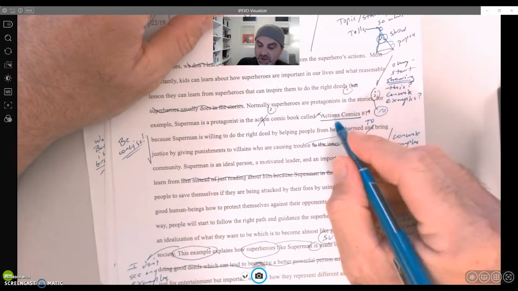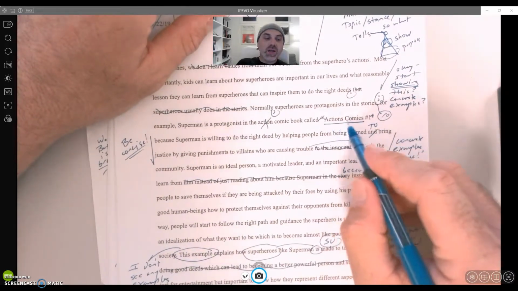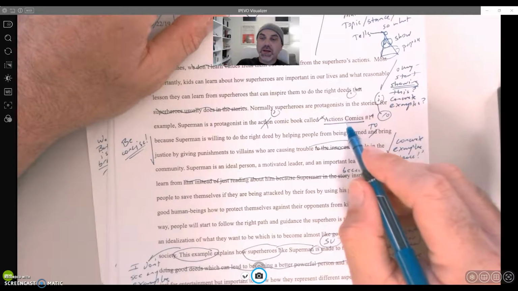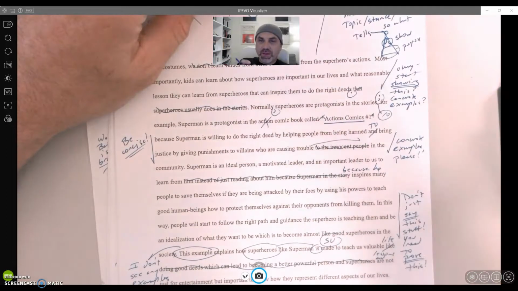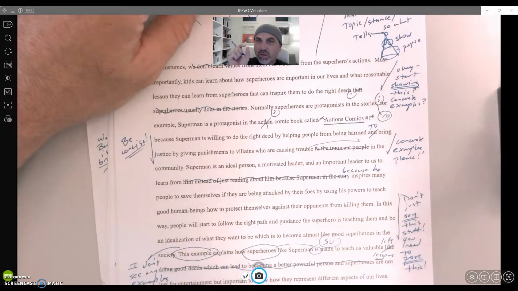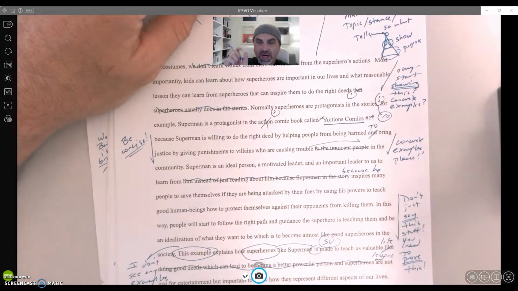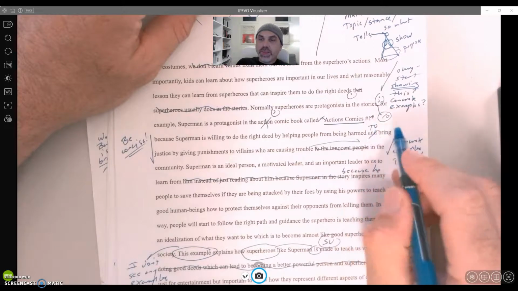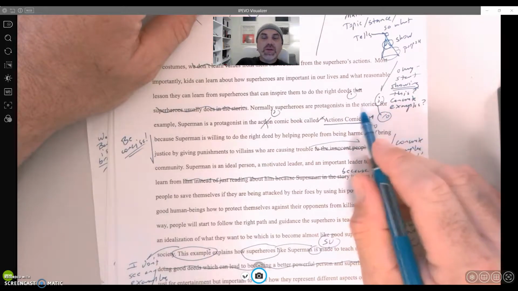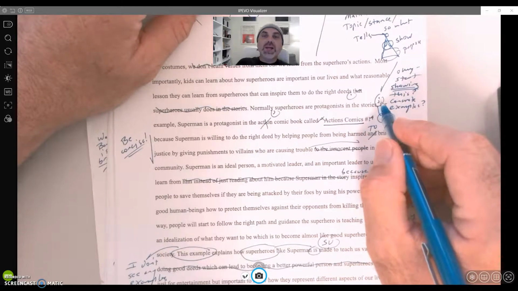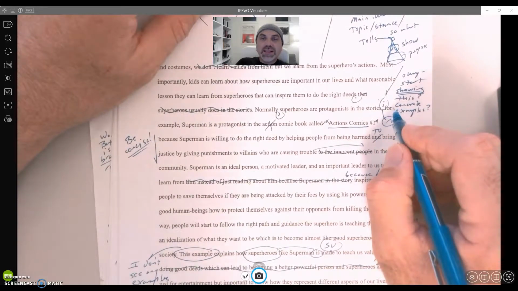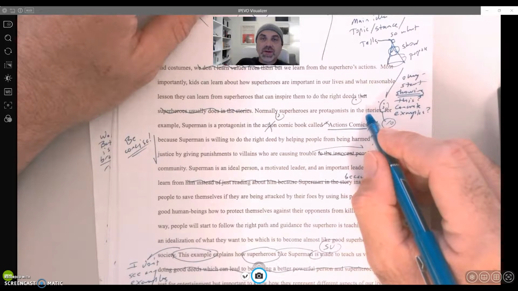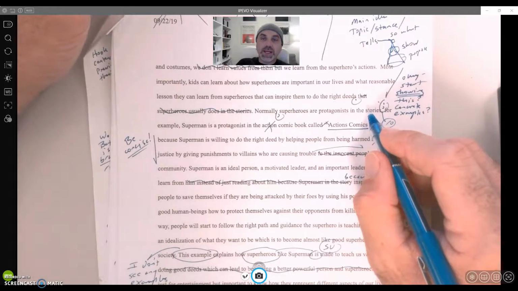Remember that when you're using titles, this is going to be underlined or italicized, because this is a complete thing. You're only going to put quotations around something that's very small, like a poem, short story, fairy tale, tiny thing. This is a run-on because you have these two complete sentences. This is a great place to use the semicolon. So remember with the semicolon rule, the second sentence is so related to the first that without the first sentence, it wouldn't even make any sense.